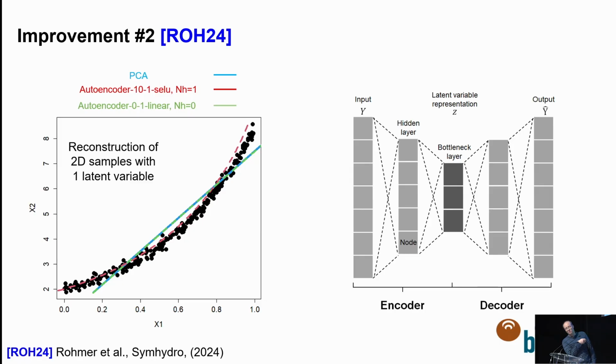This is a toy example. So I have a 2D example. I have the black dots that you can see there. And I'm trying to reconstruct these 2D examples by using a projection on a 1D latent variable. So I'm using a PCA with one principal component and trying to reconstruct these 2D examples. So the PCA solution is illustrated in blue. And you can see that the reconstruction is linear. But this is by construction. PCA cannot do anything else but